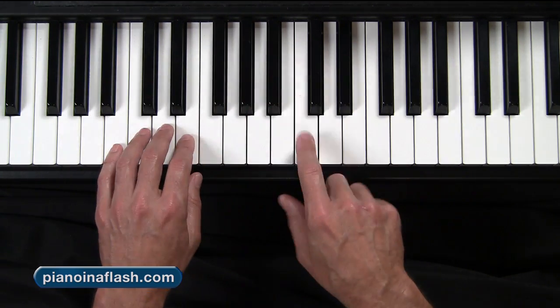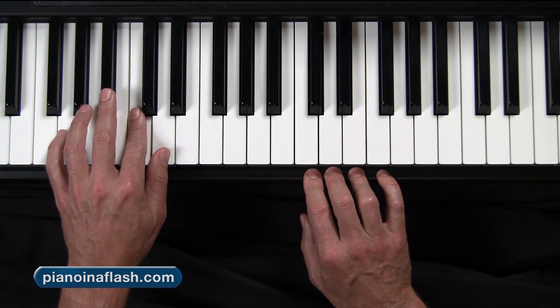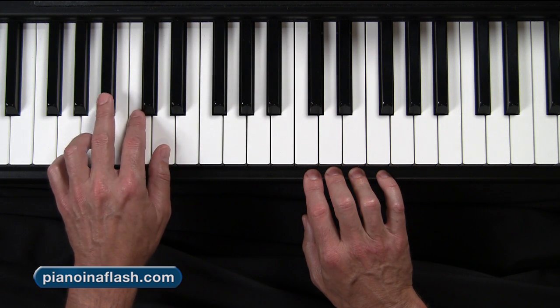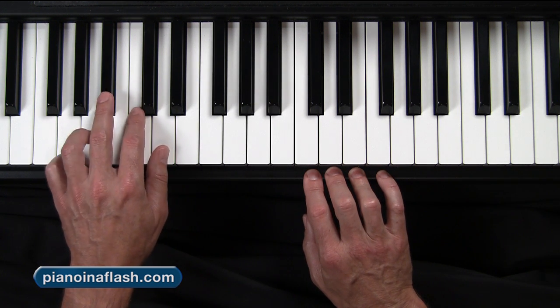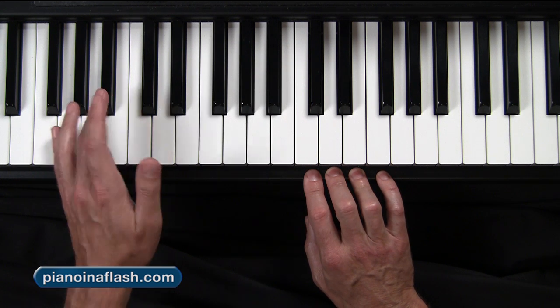You can play it wherever you want. Here's my middle C. But here's what we're going to do. Because we've been doing this for a while now, I was trying to decide what I wanted to do, and I decided to make it a little tougher on you. So here we go. Here's the fingering for today's. It's going to look like this. It's going to sound like,